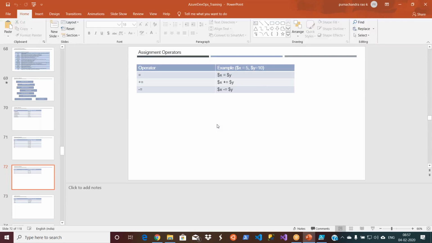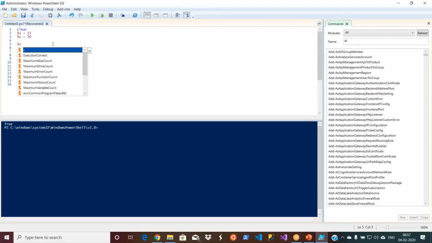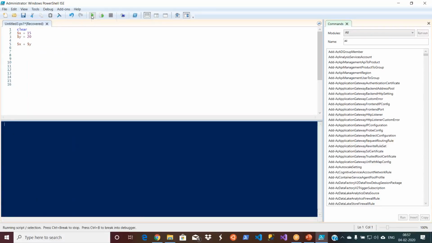I can write it in a different way as well. There will be some scenarios for that. $x plus $y, and the output is 35.